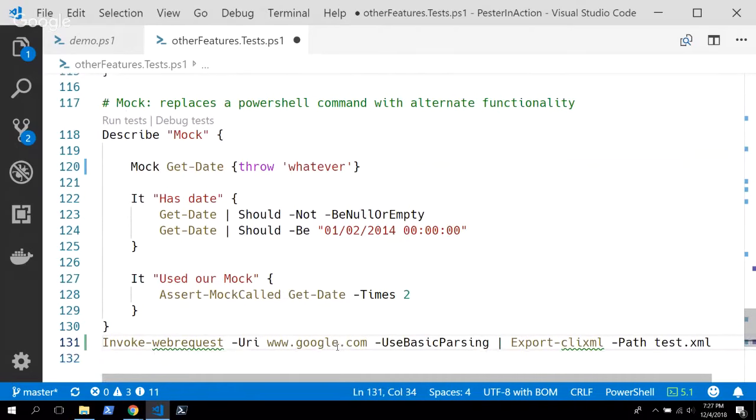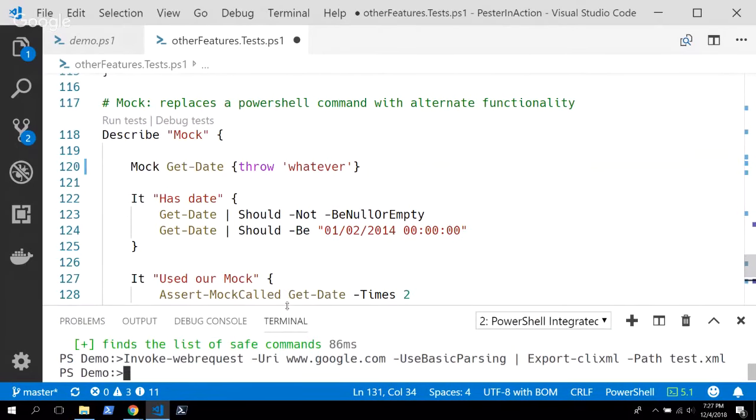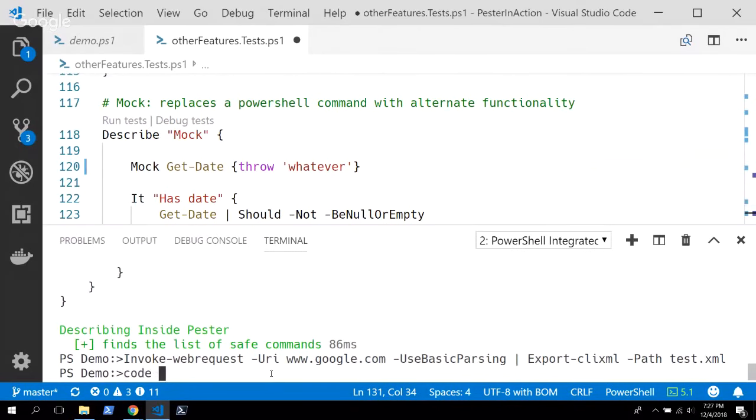So if I run this and I open the code for this test,